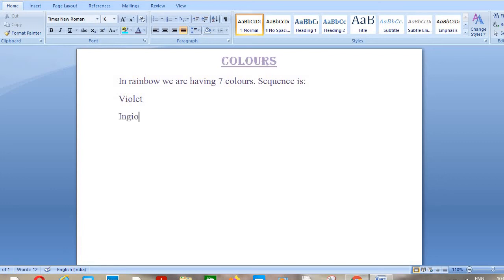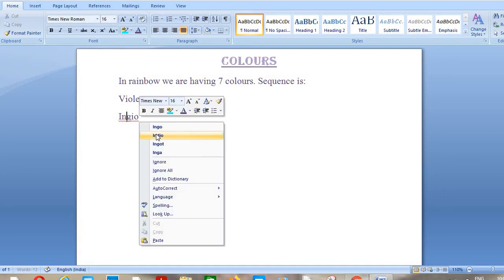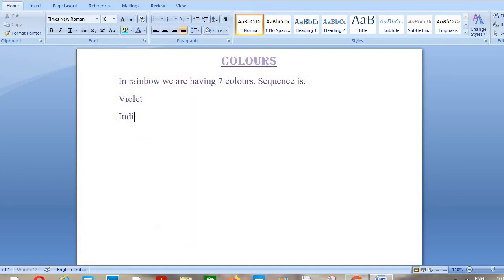indigo. Now again I have written a mistake, so that you come to know how you can correct. Like if I have written this, okay, or this, it will give you suggestions like this. There is no indo, so no indigo there. So what we have to do, we will just right click and do the correction.